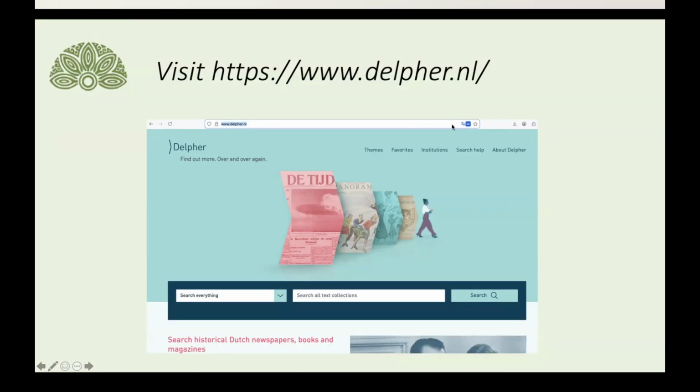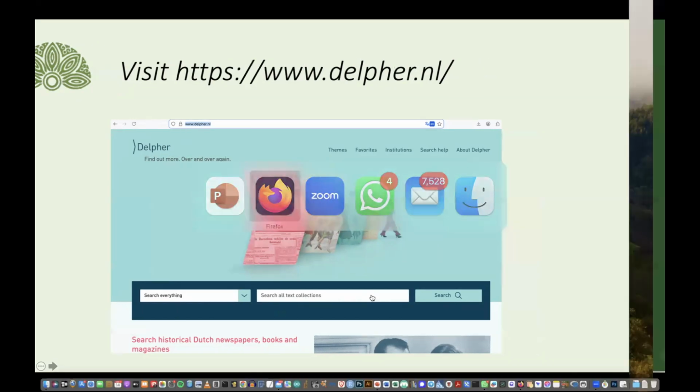You can translate this web page in your browser. I'm using Firefox, but I think almost all browsers have this little multilingual symbol, and then it will translate it into English. So it's now Delpher, find out more, and so on, and search text in all collections. I can show you how that works.